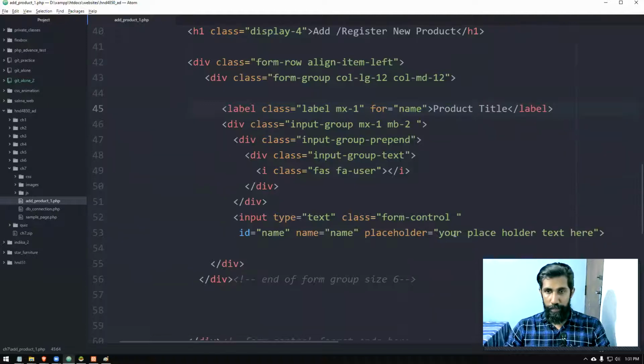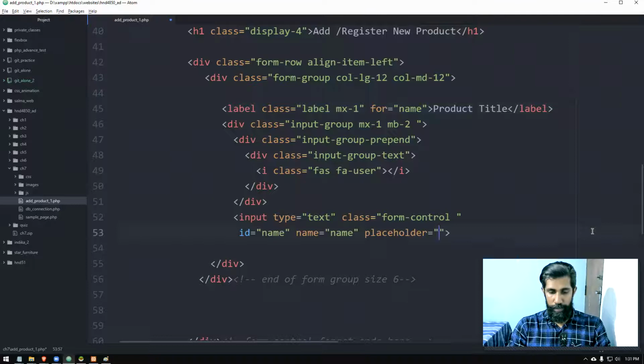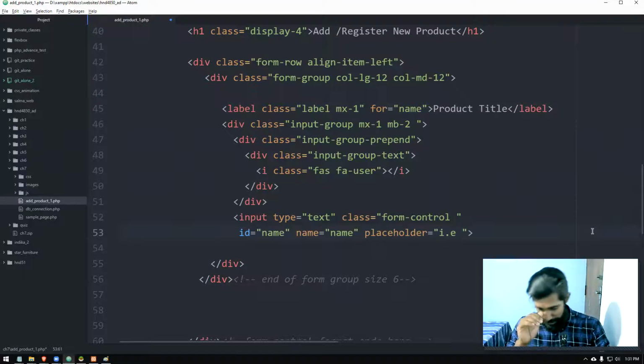So here you can type an example. We are selling, what, we can sell any item. For the time being, I'll just type something. We are selling electronics products, let's say MP3 player.